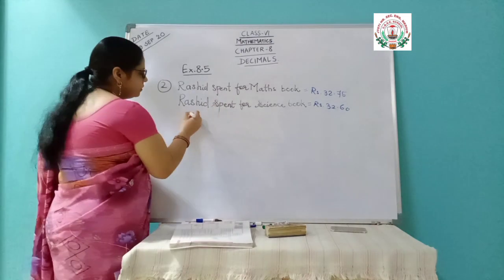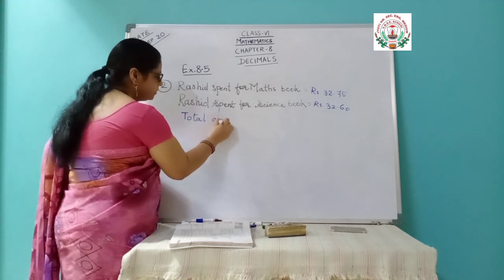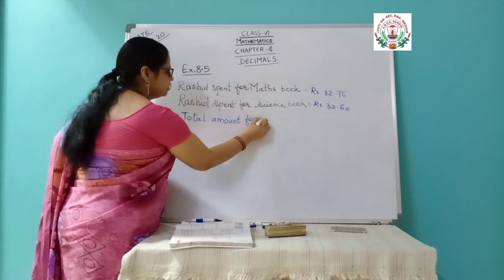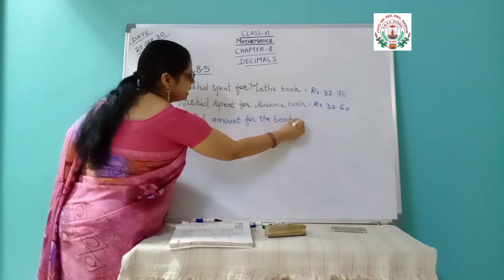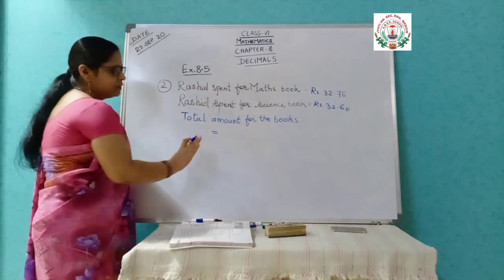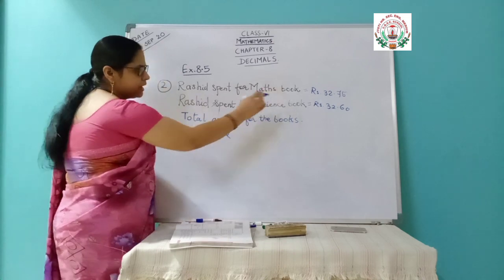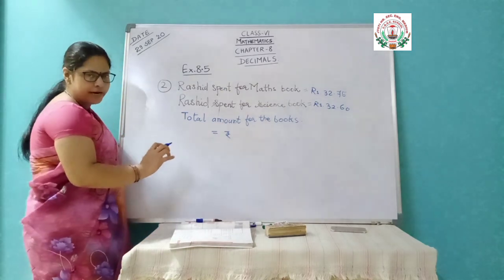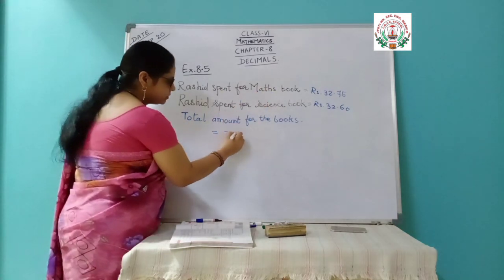Okay. So just a simple statement you will write: total amount for both books. Both the books or both books is the same thing only. It can change. Equals to. Okay. Then rupees can be written like Rs also, and now the way of writing has been changed. You can write in this way also and in that way also.